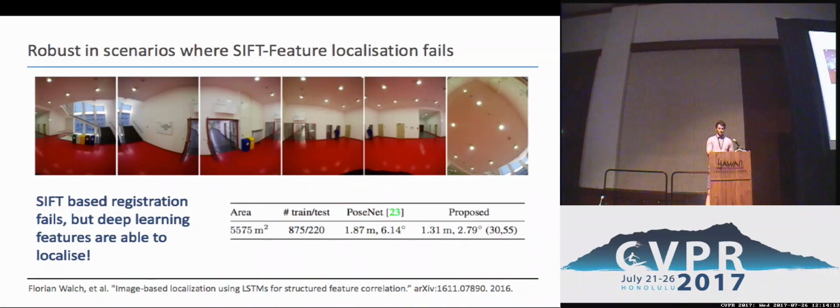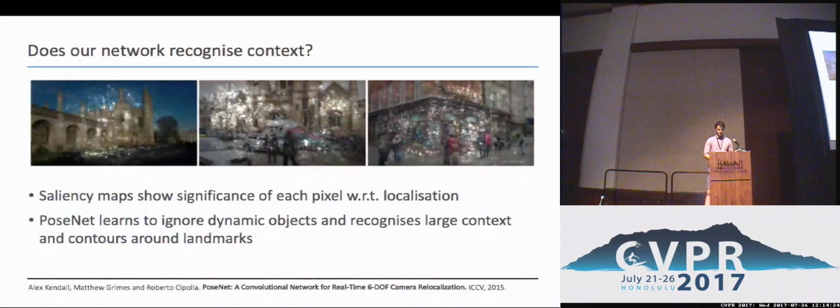And then they go further to describe a model which I'm going to discuss soon, which actually improves on the original PoseNet model and gets the error down to almost a meter and a few degrees. So some more insight about this model, which learns straight from image to camera pose,